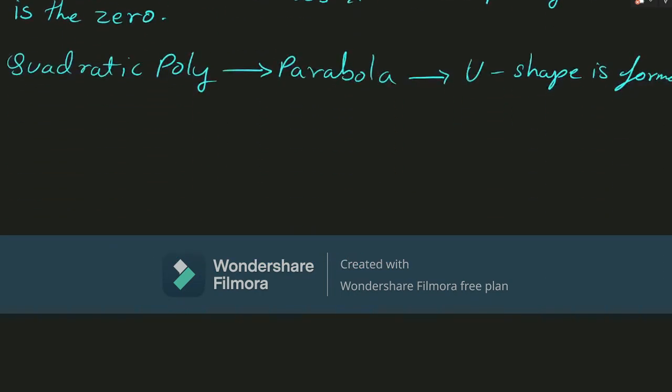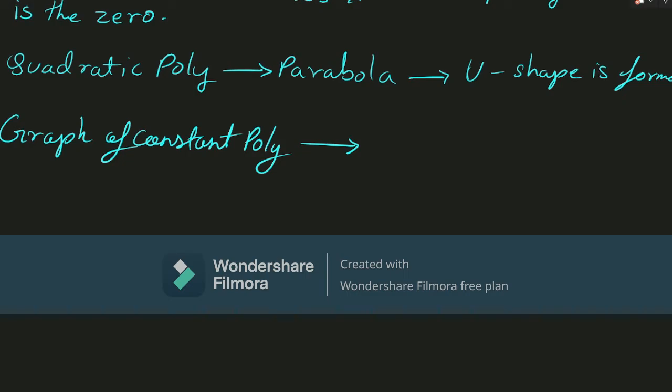Now the graph of constant polynomial, suppose for example, let's take f of x equal to 4. Now if in any case you take a number in a constant polynomial, then